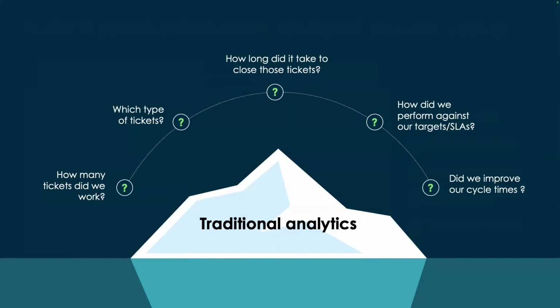So traditional analytics tells us what's going on, right? So where are we at today? Maybe we're not hitting our SLAs. Maybe our employee satisfaction is going down. Maybe our tickets are taking way longer than we would expect on average to resolve. Maybe things are getting routed and rerouted multiple times. So we can see what's going on using performance analytics or reporting, and that will help us know what,